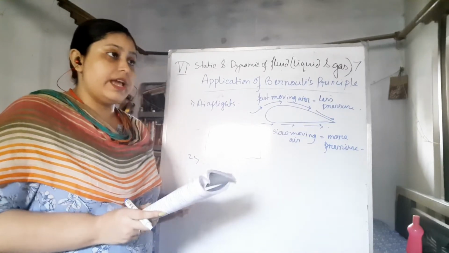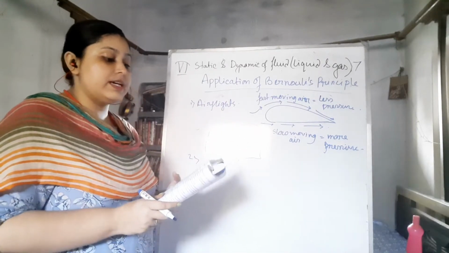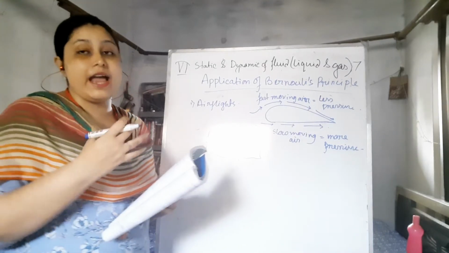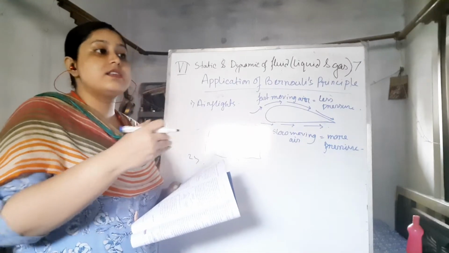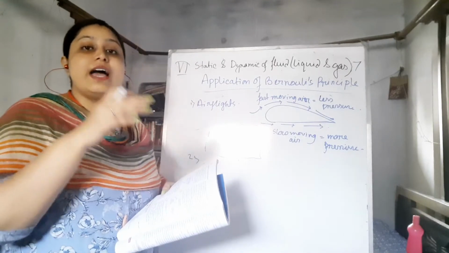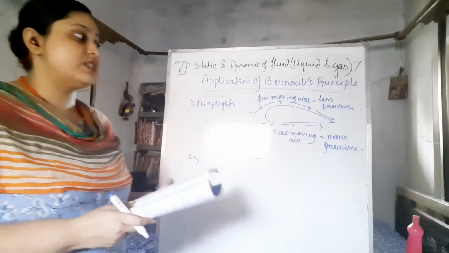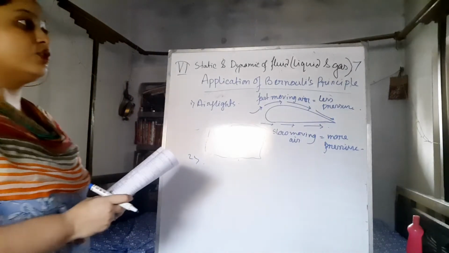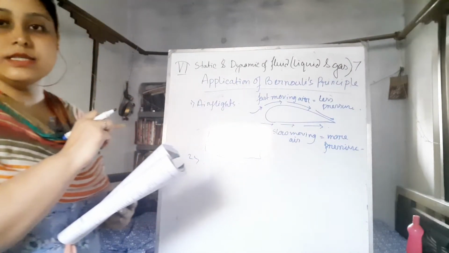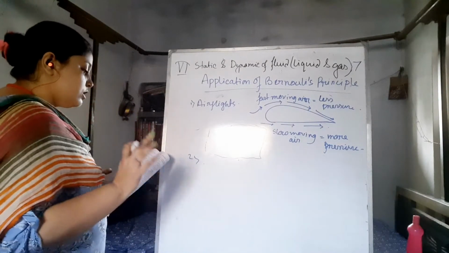They are also told not to stand at the edges of the platform, because that can cause an accident, as a fast moving train can attract them. Due to the less air pressure near the train, and the air pressure on the back side being more, the fast moving train can attract that person and it can cause an accident. So you should not stand at the edge of the platform when a fast moving train is going.